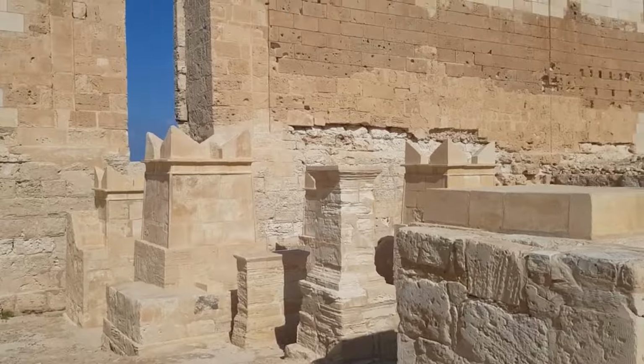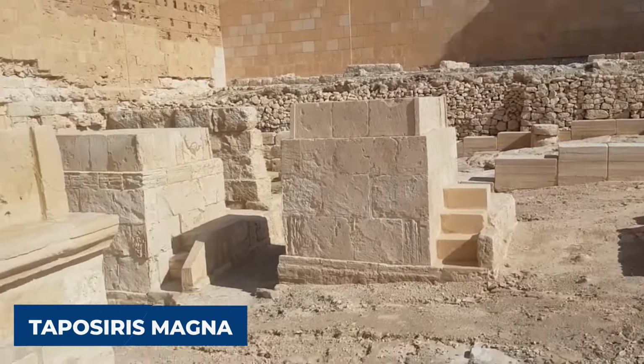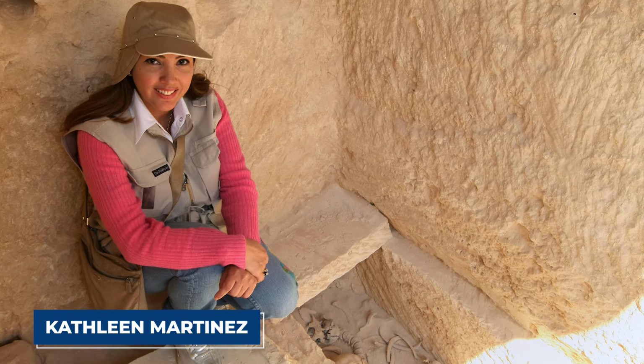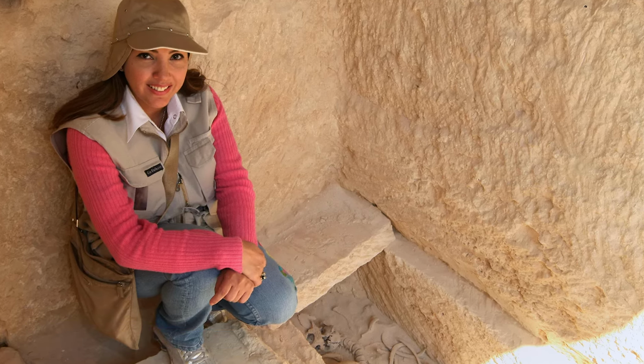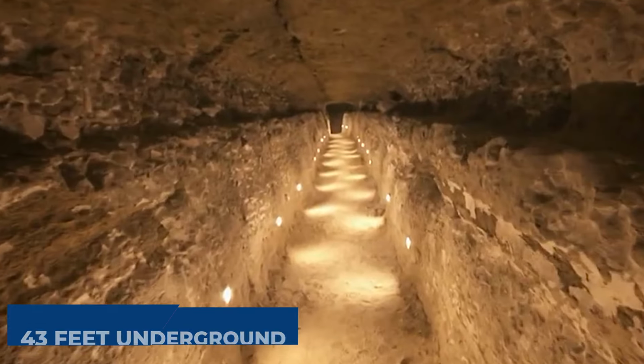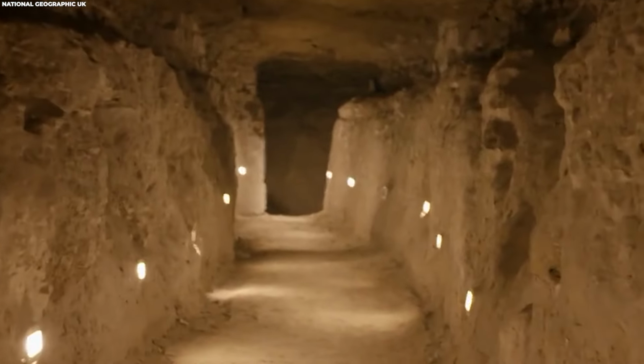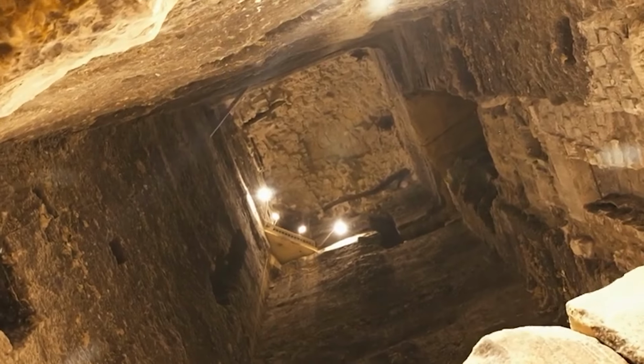Amid ongoing excavations beneath the ancient city of Taposiris Magna on the Egyptian coast, Kathleen Martinez from the University of Santo Domingo in the Dominican Republic and her team made a remarkable discovery: a tunnel buried 43 feet underground. This roughly 6-foot-tall tunnel extends an impressive 4,281 feet through sandstone, earning it the title of a geometric miracle by